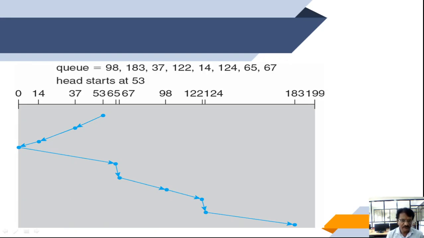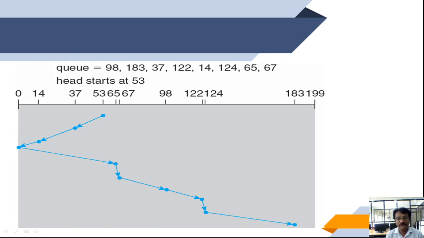Right? For example, if it is moving here and a request comes, say while serving 37, if 38 comes, it will be served immediately. What if 35 comes after serving? Now it is here, and reversing is not possible. It is only possible once it reaches the end. So that is a disadvantage we need to understand, right?